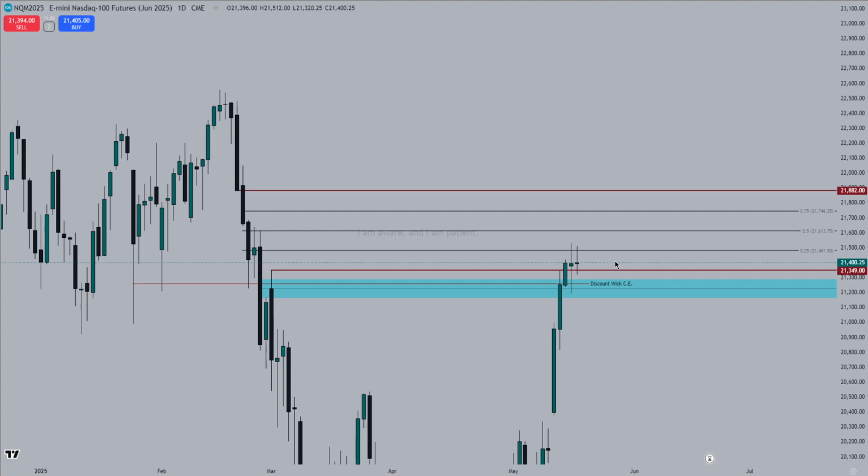Now, the reason why I wanted to talk about the 0.25 level and how we worked in it is because we also have this mitigation block that we just talked about that has its consequent encroachment lined up almost perfectly with the 0.25 level of this wick. Oh, sorry, BCB. And as you can see, it's finding the most resistance that we have seen in the past